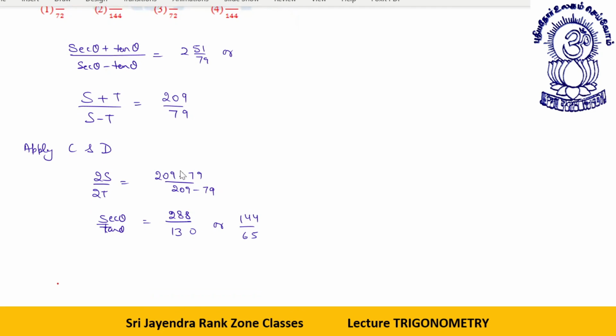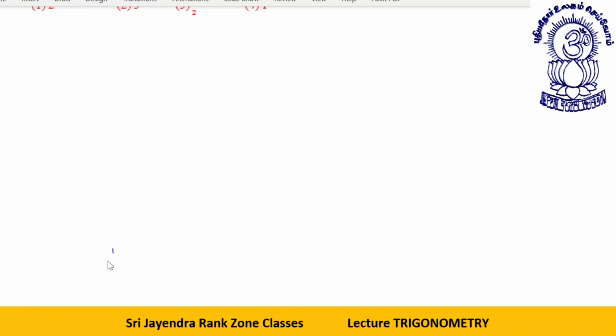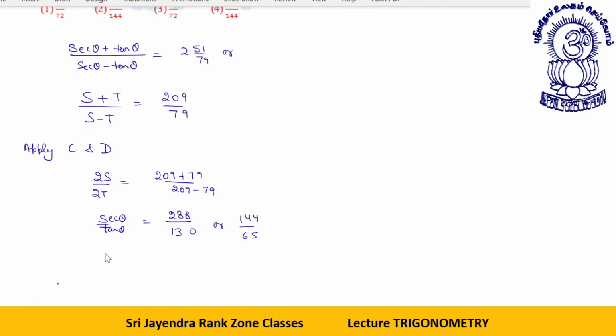Dear students, let's see what is sec theta. Sec theta is 1 by cos theta. Tan theta is sine theta by cos theta. Cos theta and cos theta cancel. This becomes 144 by 65, or I can say 1 by sine theta is equal to 144 by 65. So sine theta is equal to 65 by